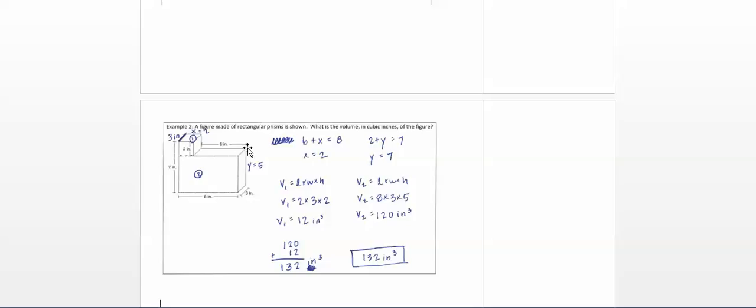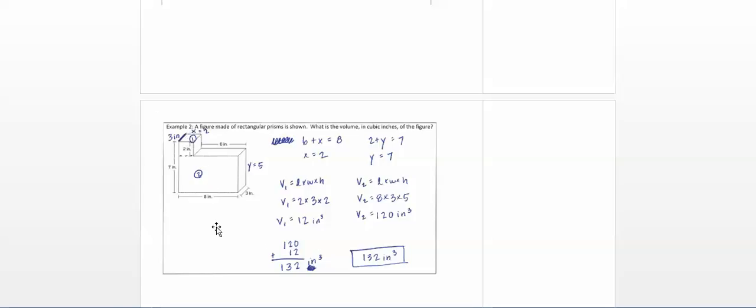Then I do the same thing. These are parallel. I look at all of my vertical lines. I know that I don't know what this is, so let's label it Y. Y plus 2 is equal to 7. And then here this should have Y is equal to 5. My bad, I'll fix that. This should be Y is equal to 5. Here it's right though. And then I find the volume of prism 1, prism 2, add them together, have a